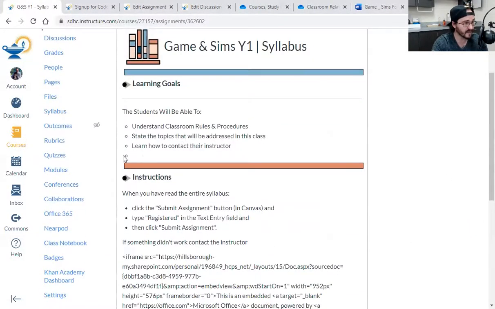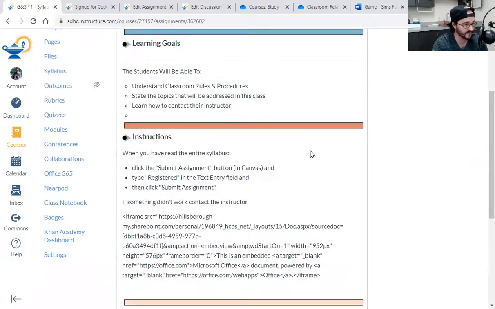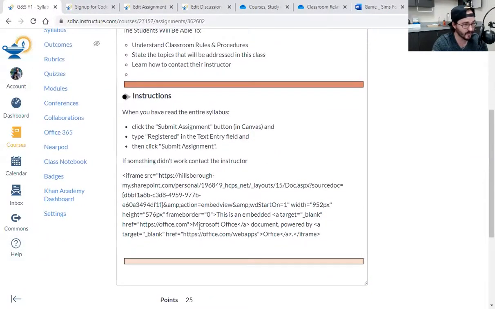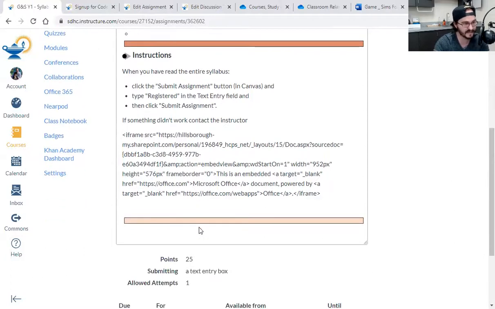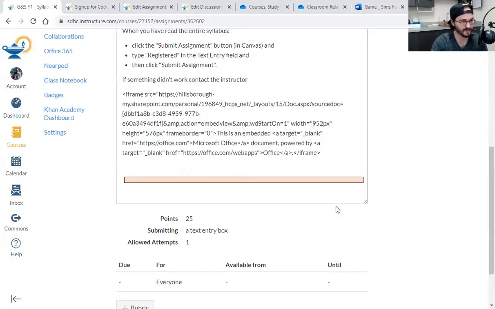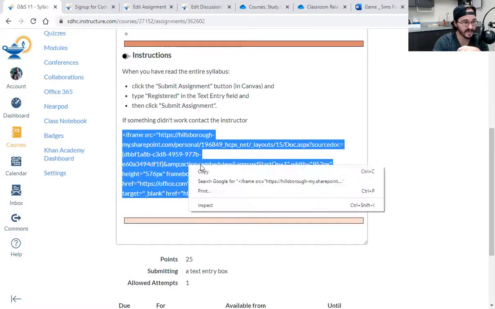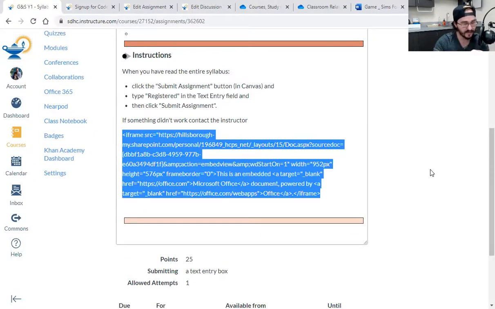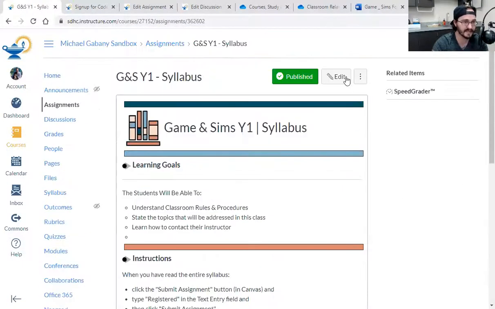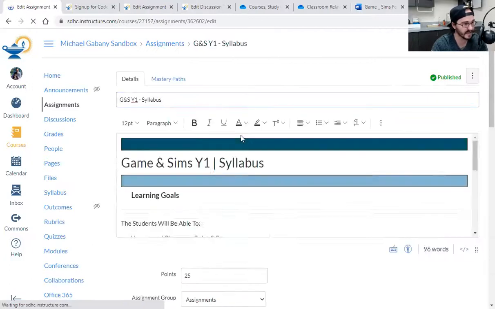We have our learning goals. I have an extra dot there I got to get rid of. It looks like that wasn't done properly, so I got to go back and fix that. And I did that error on purpose, by the way, so that if this ever happens to you, you'll know why it didn't work. The reason it didn't work is because I didn't click on the double icon. I just posted the code without going into anything. So what I need to do is highlight it, copy it. All right, let's go back and edit everything, because we always make mistakes and that's how we learn.